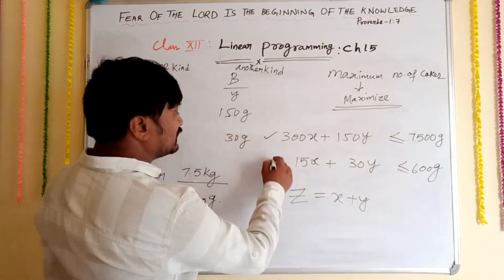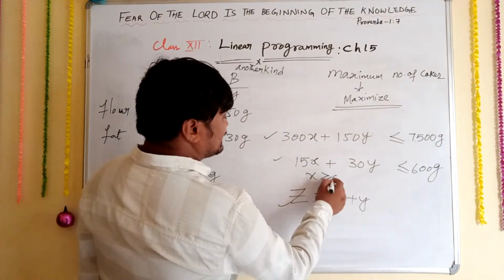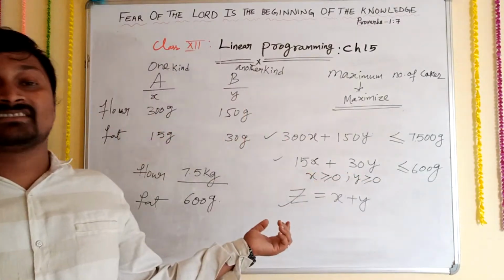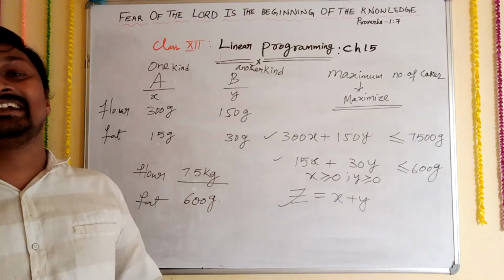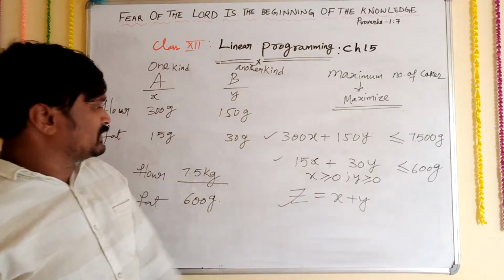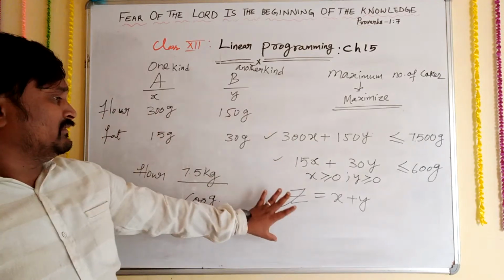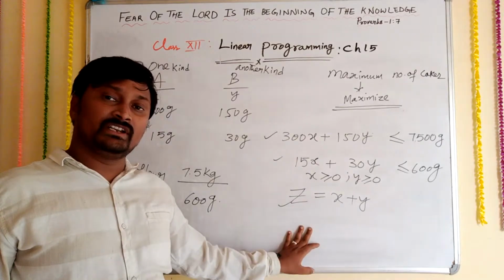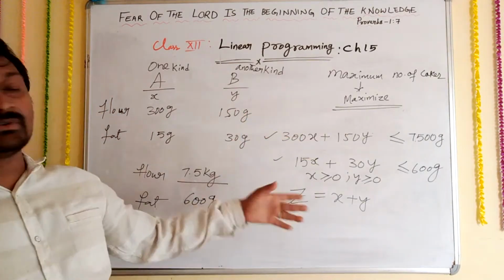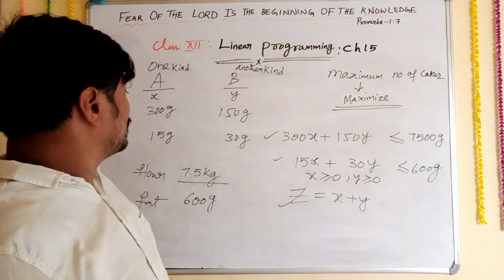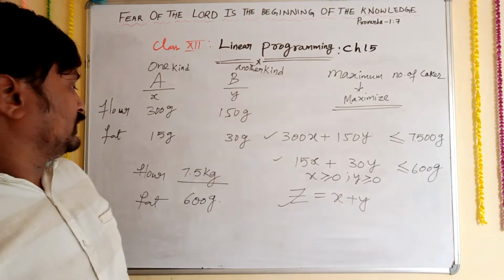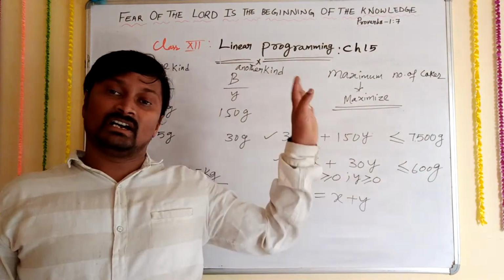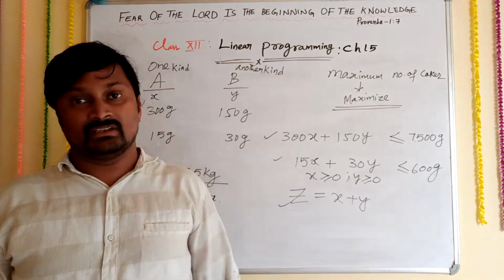Now you got all the equations, and x is greater than or equal to 0, y is greater than or equal to 0. The number of cakes should be more than 0 only, it cannot be less than 0. So these are all your constraints. You got these three equations now, and you need to solve this. After solving all this, you need to find your answer. So that is all for today. I hope we finished everything. Now just for this, draw a graph and find your solution.